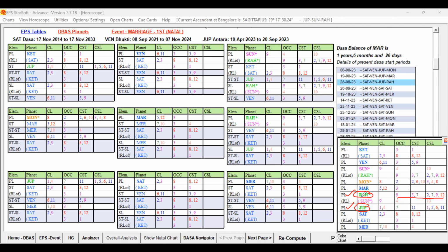Apart from Jupiter and Rahu, what are the other key planets? All the blue colors: Ketu, Venus, Mars, Saturn, and Mercury. But each one has got their own strength and weakness. Out of them, which is better? Ketu 3 and 1 is fine, but second planet Saturn has got some weakness. But Venus, you can see 6th Lord, but 11, 3, 5, 9. It is very good.